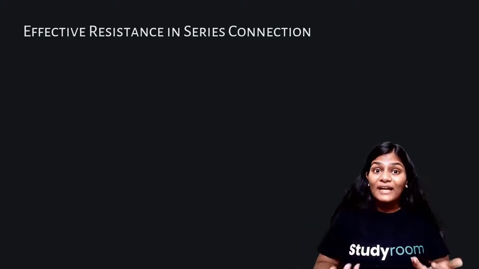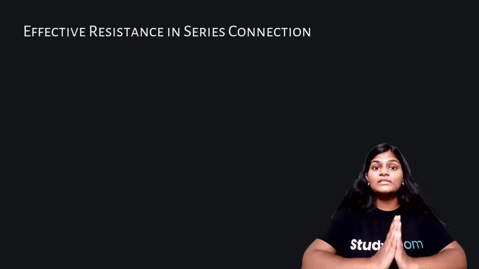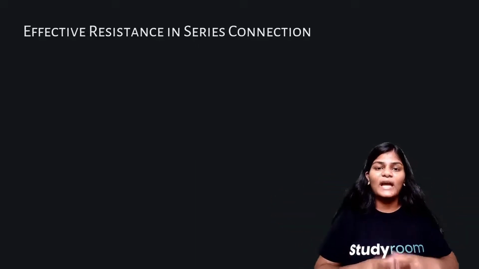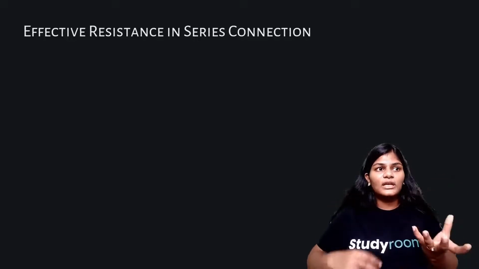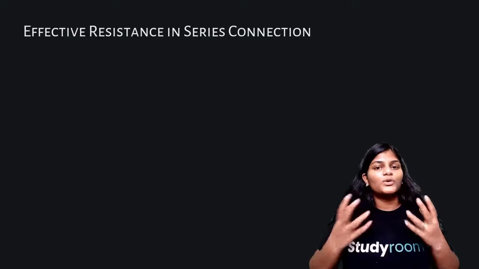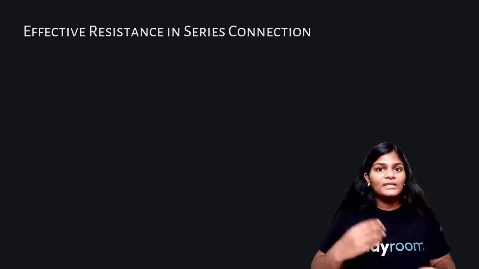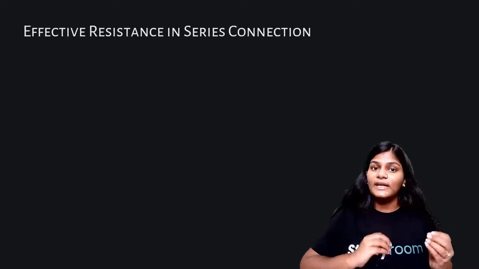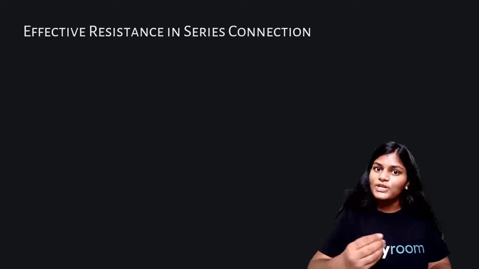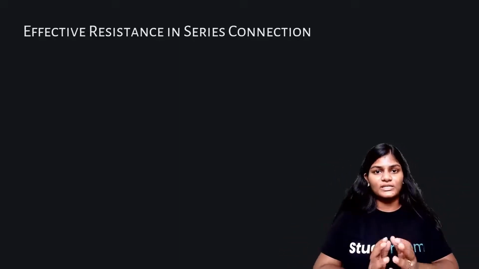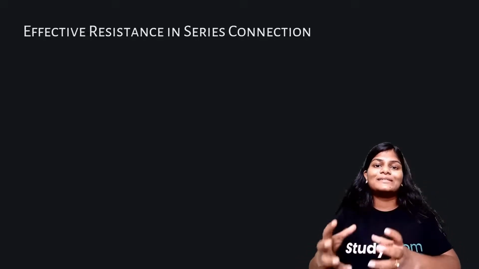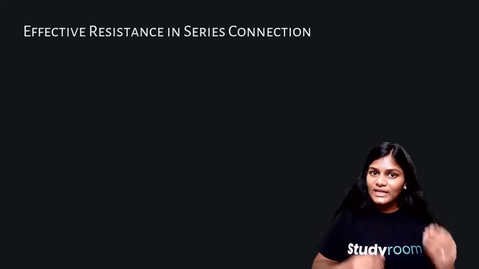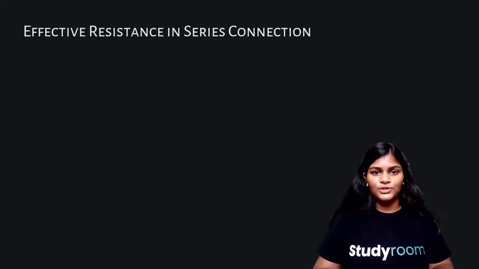So for considering the resistances of all the resistors combined, we just need to know how we are supposed to add it. Like we add whole numbers, like we add 3 and 2. We just do 3 plus 2 equal to 5. We just simply add them. But this is not addition of normal numbers. Resistor additions have some rules based on how they are connected. So now we're going to learn, in case of series combination, what is the equivalent resistance. Equivalent means the total resistance of all the resistors connected in the circuit. So we're going to see how we calculate the equivalent resistance of the series combination of resistors. Okay,